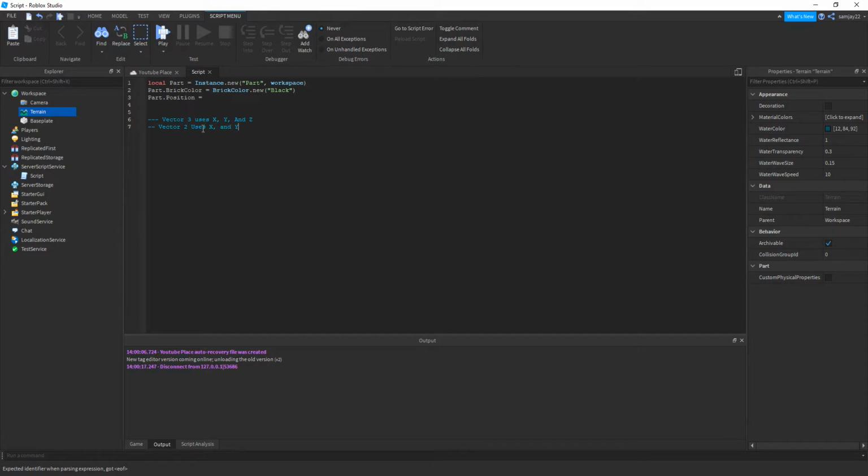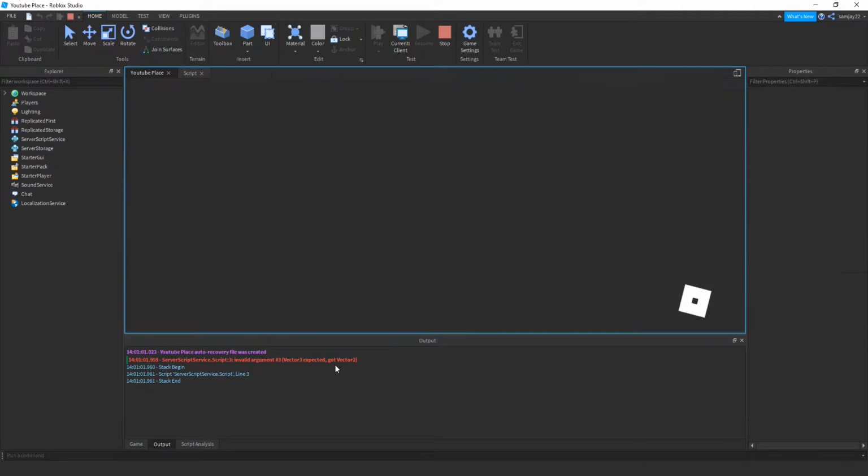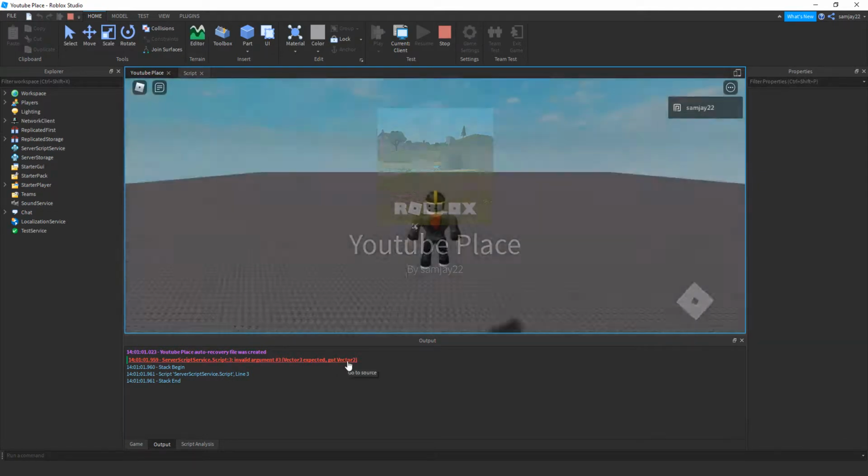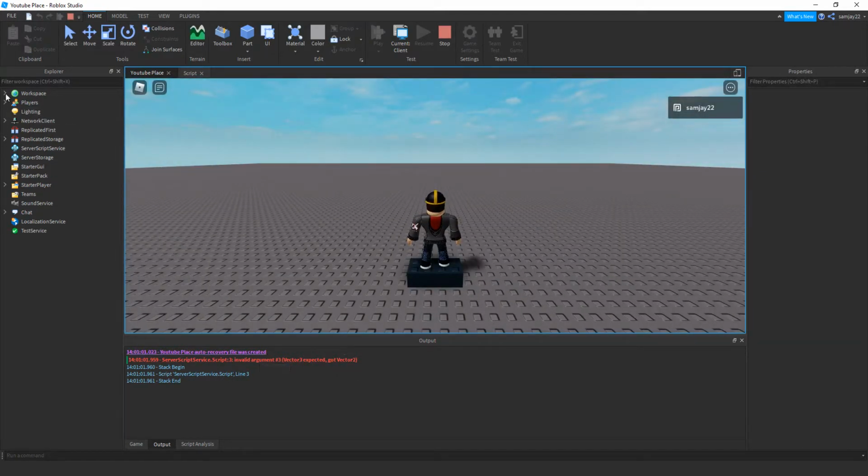So if I wanted to use Vector2, see, X and Y. If I want to do 10, 5, actually I have an experiment with that, let's see if it works. Yeah, it will error because it expected a Vector3